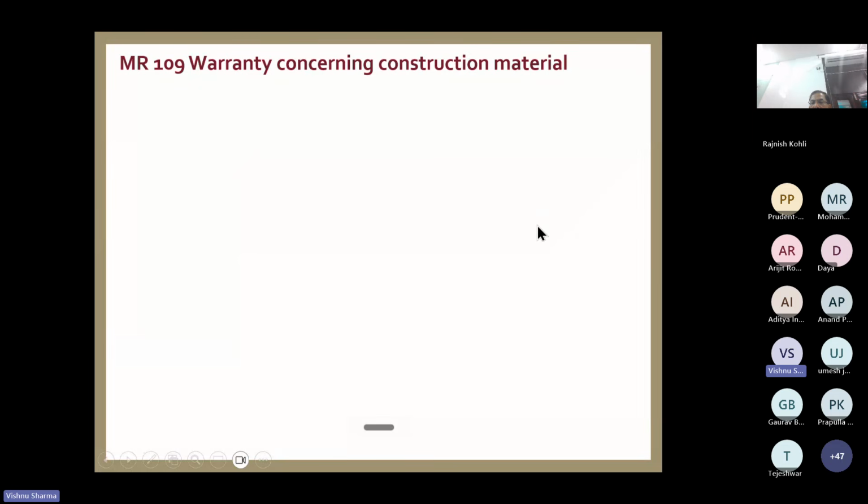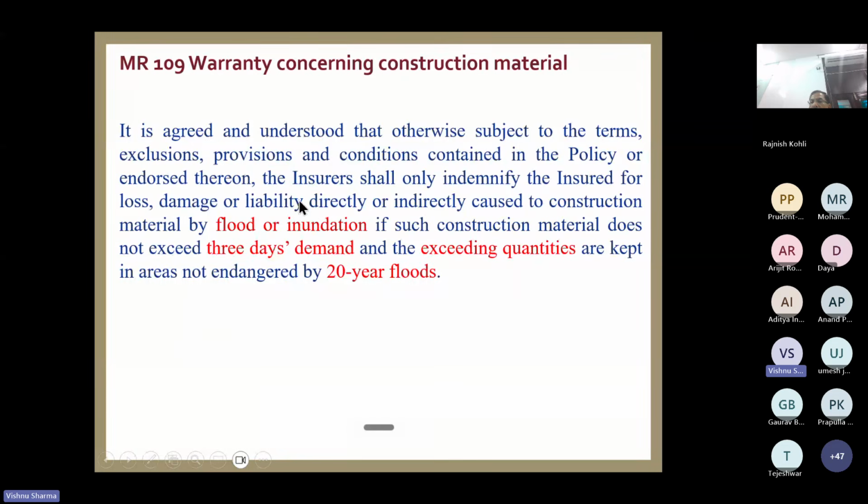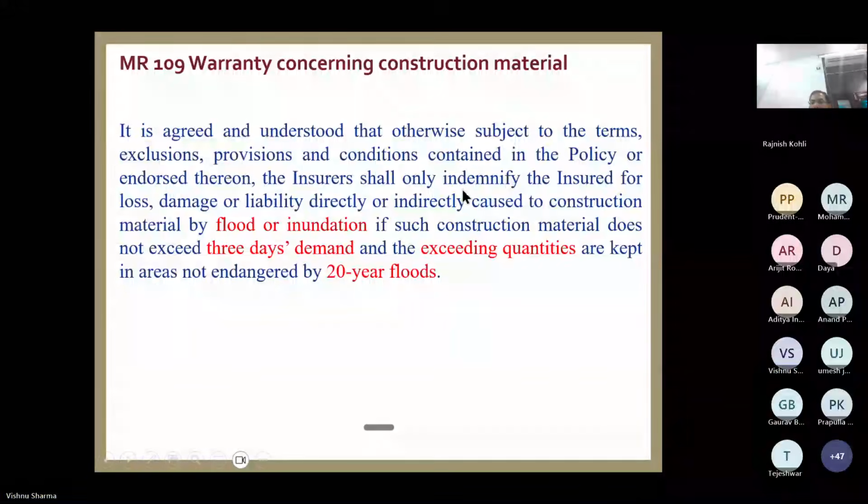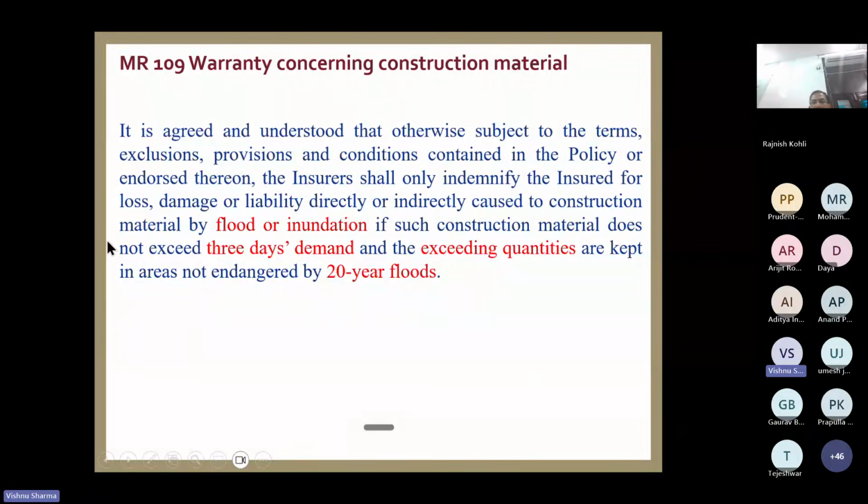This is another important extension. What it says is again almost similar. कि यहाँ भी जो construction material है, उसका payment, the insurance company will pay for construction material directly caused by flood inundation only if the construction material does not exceed ये इसमें यहाँ एक और कंडीशन है, 20 साल वाली रिक्वायरमेंट है, this is the 20 years requirement. What it says, the construction material should not be stored more than 3 days demand. 3 दिन का जो डिमांड उसका है बस उतना ही स्टोर करिए, उससे ऊपर का अगर आपको स्टोर करना है,